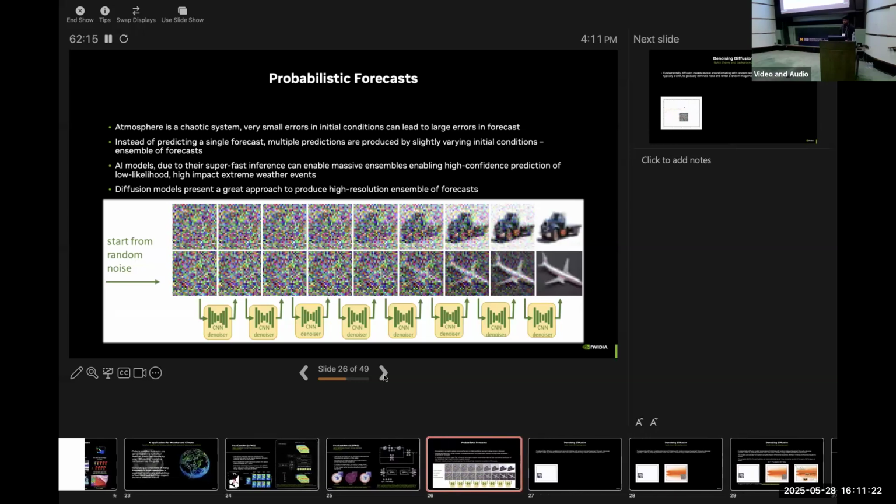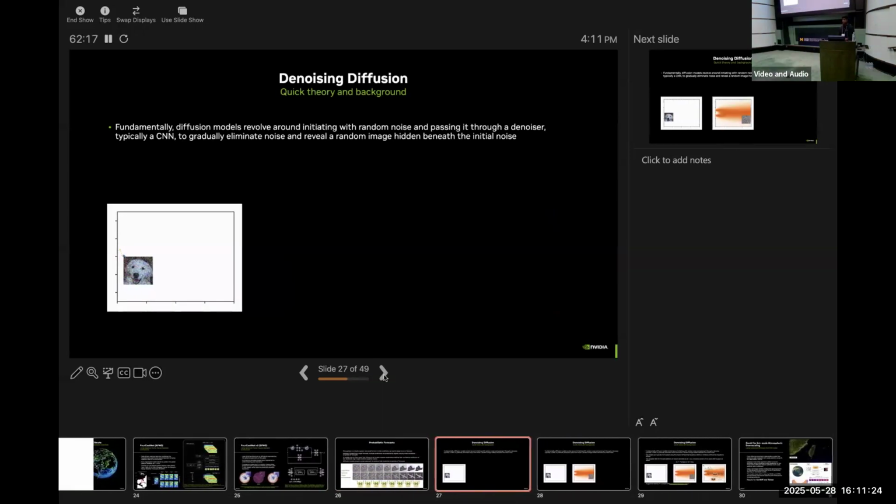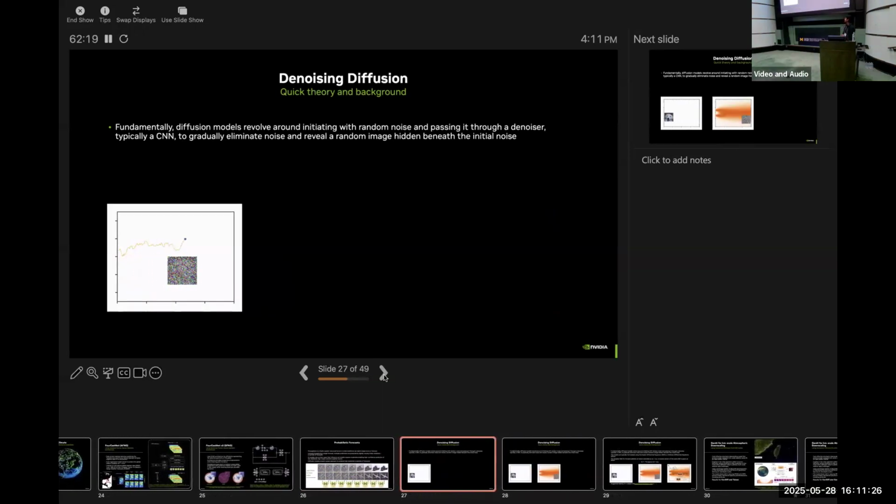So yeah, we're gonna look into the diffusion models, especially the denoising diffusion models, and how they can be applied to some of these weather forecasting problems. So I'm just gonna quickly cover what denoising diffusion looks like. This is not gonna be a technical deep dive, but hopefully just gives